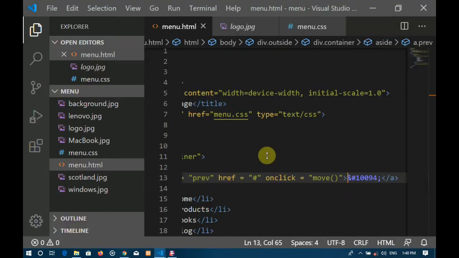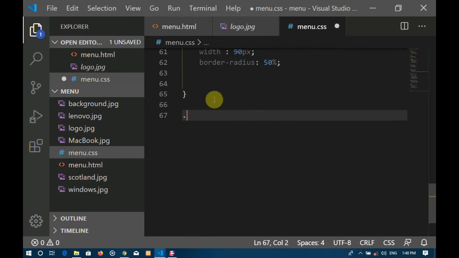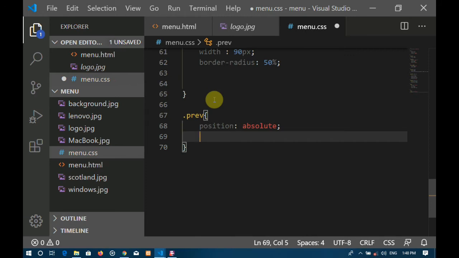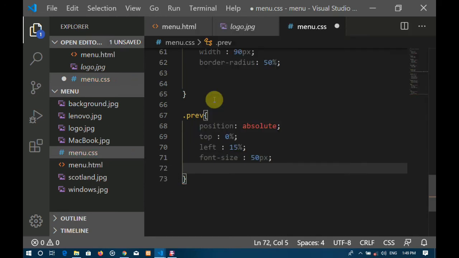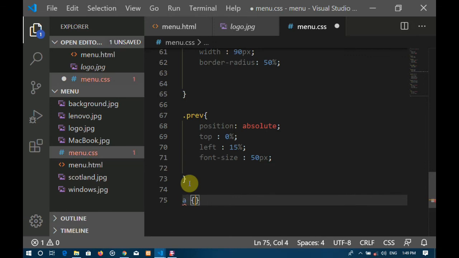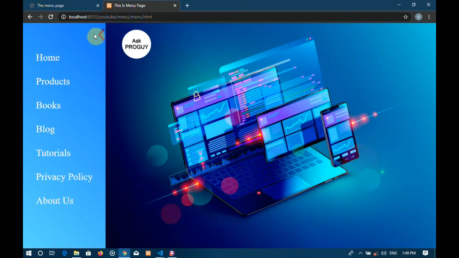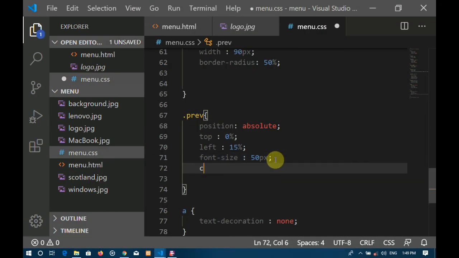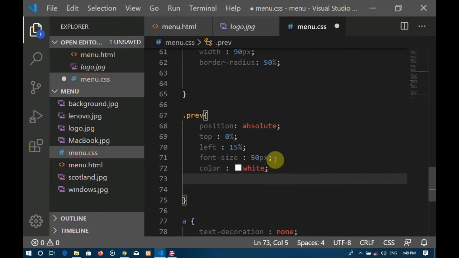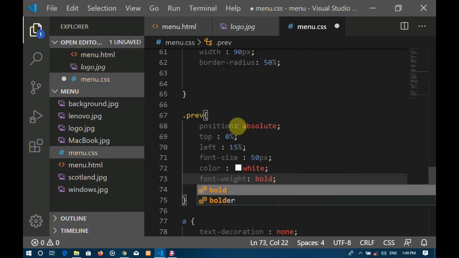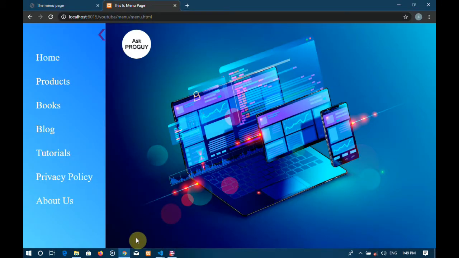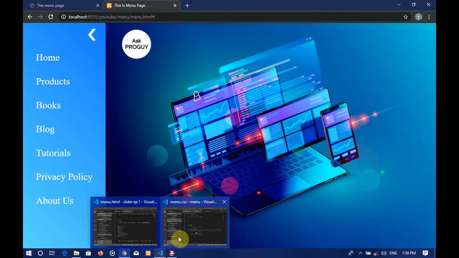It is quite small right now on the screen, so I'm just gonna make some CSS changes to make it big and a lot more visible. So position will be absolute, of course, and top will be 0%. I don't want any distance between top and this symbol. Plus left will be 15%. Let's just see how it looks. Font size will be 50 pixels, and I don't want any text decoration for the anchor element also. So let's just refresh it, and as you can see here, there is a blue color. I hate it. I'm gonna change the blue color to white color, and I'm also gonna reduce that 15% to 13%. It looks a lot better. I just made it bolder also.